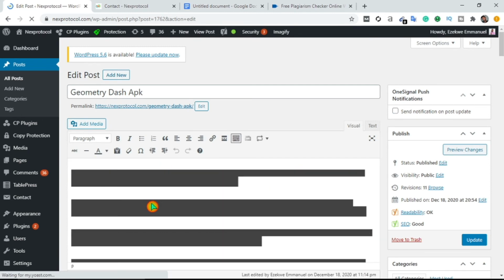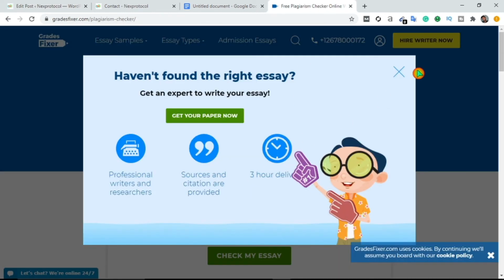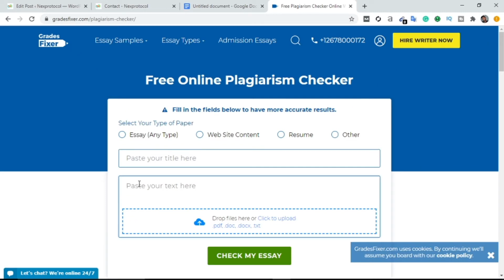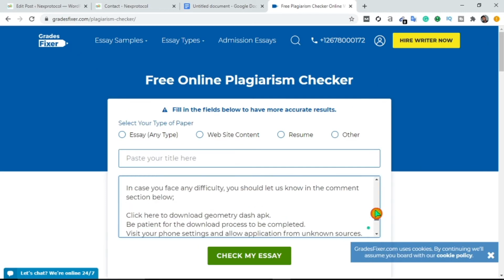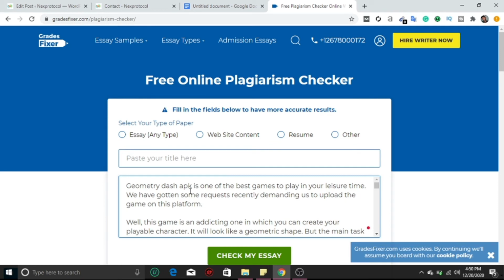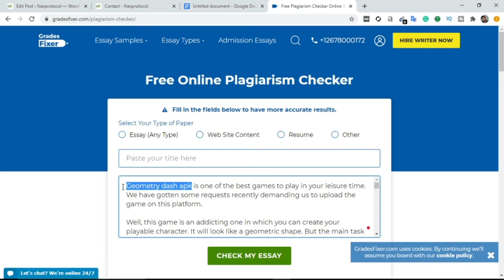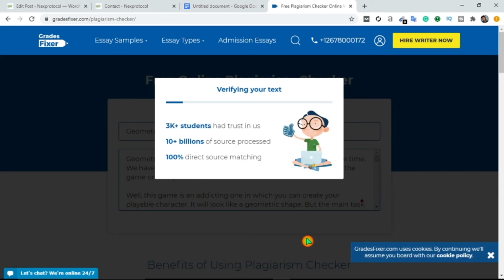So what I'm going to do here is copy my content, head to this place and paste it. Then here is my content title. So I'm going to paste the title here and then select any of the options. It could be essay, but I'm taking this website content. Then I'll click on check my essay. While we wait for it to load, let's